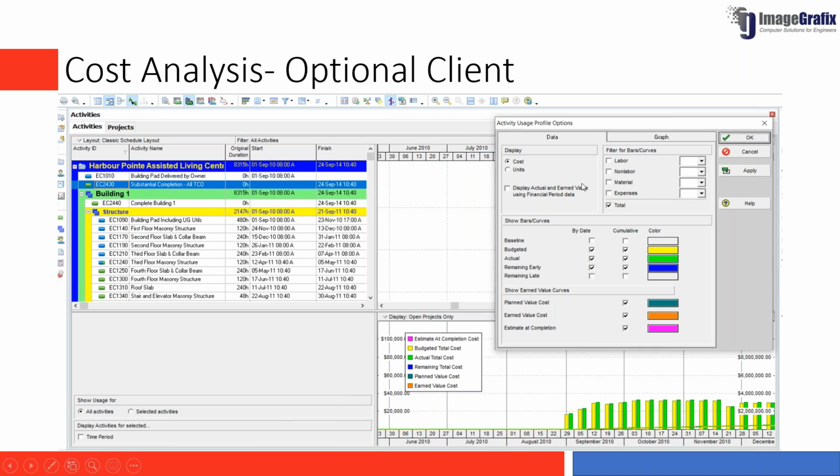You can have the total cost, and you can also have the earned value curves displayed using this cost analysis option, right? So in the optional client, you have something called activity usage profile, where you can display the cost, and you can also have the earned value curves projected against that, right?